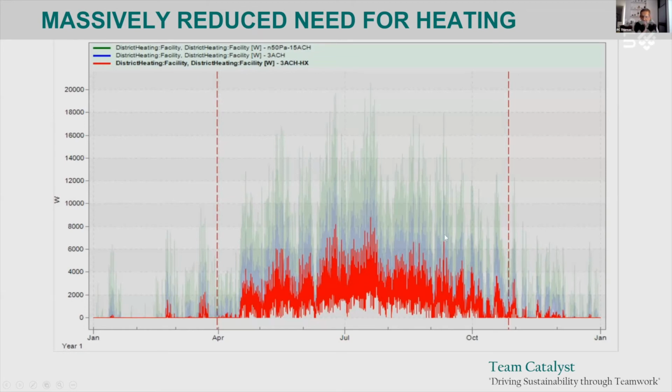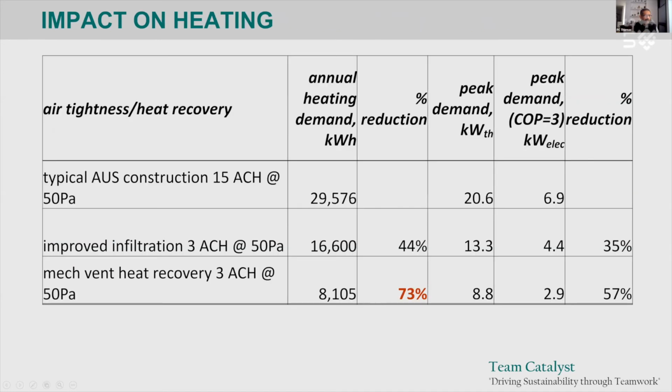You can test these sorts of things on your models. So if you then took a summary of what we did, what we are saying is that for heating energy use in Sydney, by the way, we got rid of about 3/4 of the heating requirement by doing what we just did.